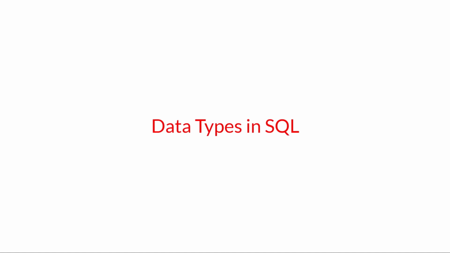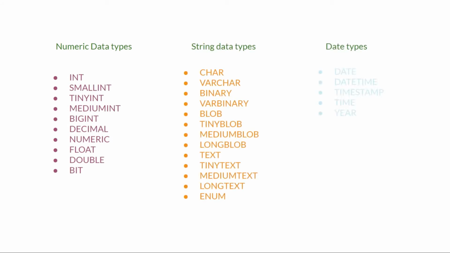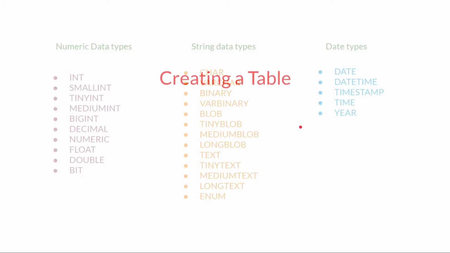So here comes the concept of data types. Data types are used to specify the type of values which our field or column can take. If you don't understand well, please don't worry, I will show you in command line. So here are the data types. These are too many, but at first we will use only 3 or 4 of them.